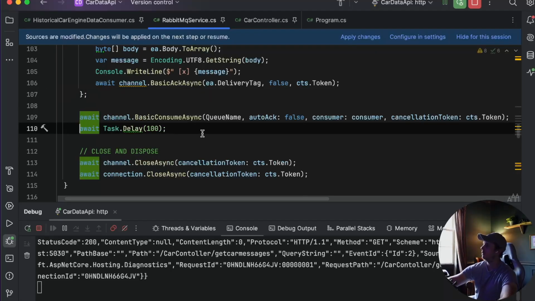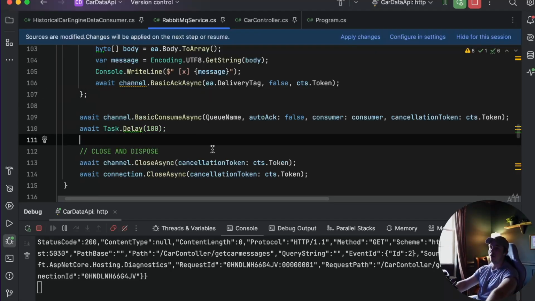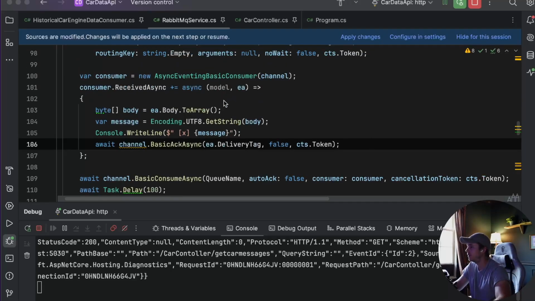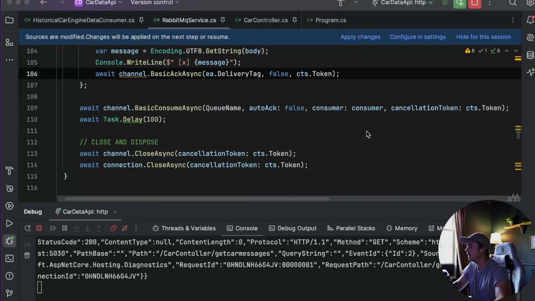Obviously, you just need basically a callback, upon which this dispose is called after this basic acknowledgement is run. So you need some version of continue with on the task. But the problem with that is that this is contained in that event handler, so you're going to have to structure this somehow. So that's just one interesting thing that I've come across that I haven't seen a whole lot of documentation on